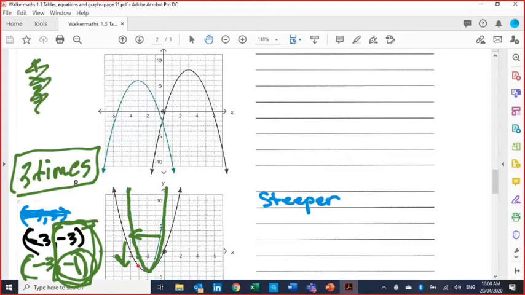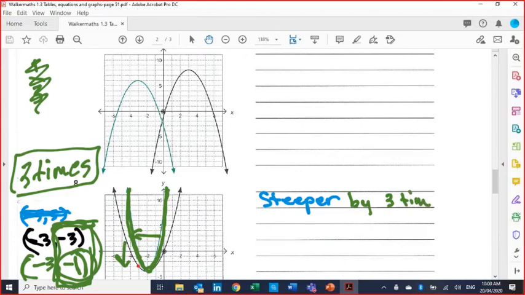So remember, if it's narrower, it's going to be a whole number. So just take any two integral points and see what you could do to one to turn it into the other one. To turn a 1 into a 3, you'd have to be 3. It's 3 times. So it's steeper